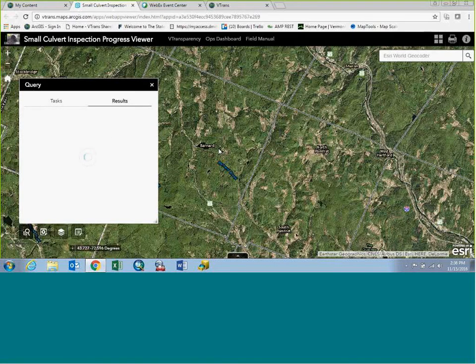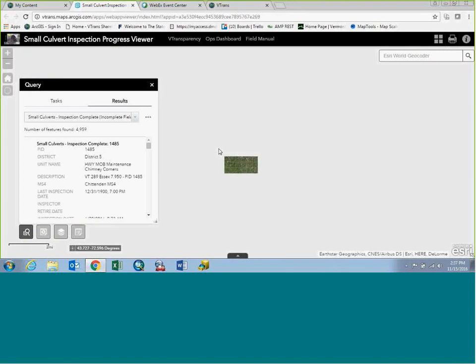it's going to automatically run as soon as you click on that button, because the way that I set it up is it's highlighting every single culvert statewide that is missing fields within it. I couldn't isolate it to a certain district because you may have a district field that hasn't been populated. So if there's, for some reason, a district value that hasn't been put in there, then it wouldn't get picked up in this query. So I wanted to make sure that every single feature was looked at and identified